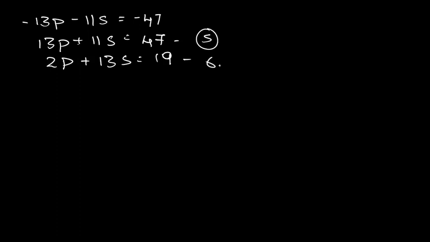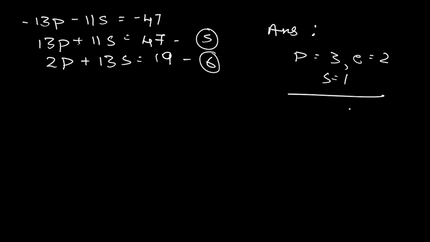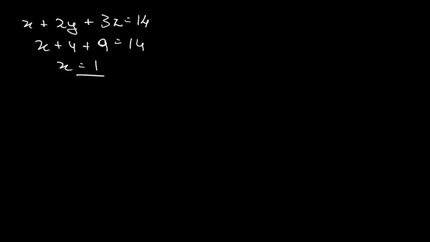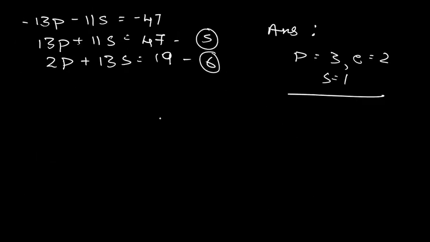I think I should not solve it more, because you know how to solve these linear equations. What you can do, you can just try it by yourself. I can just tell you the answers. The answers that are given to me for this particular equations are that p is equals to 3, e is equals to 2, and s is equals to 1. Okay, you can just do it by yourself and you are going to get these answers. Now moving to the other equation, because it is just taking time and nothing else, you can easily solve it. That's why I'm not doing it over here.